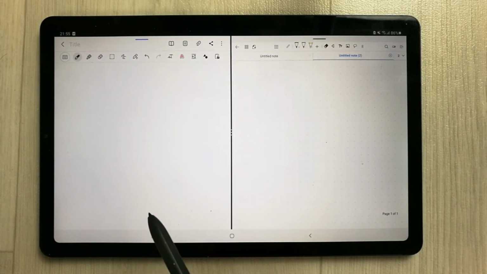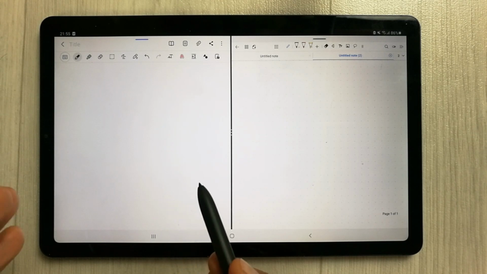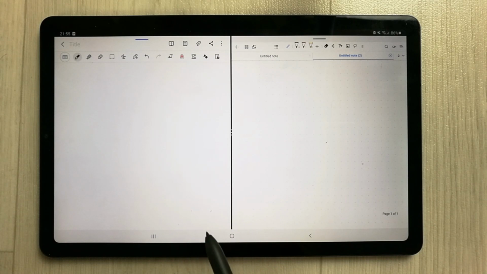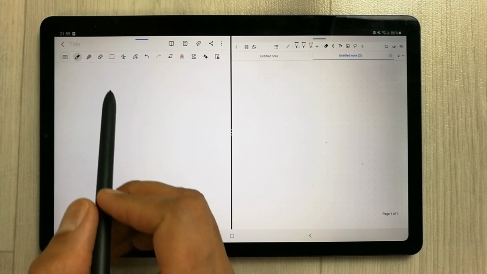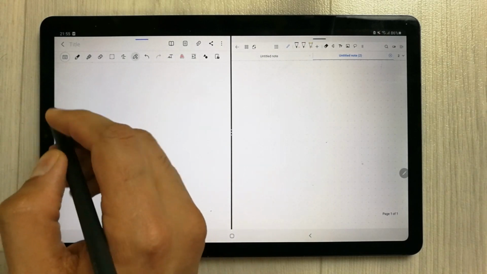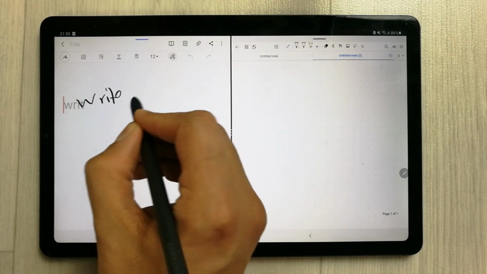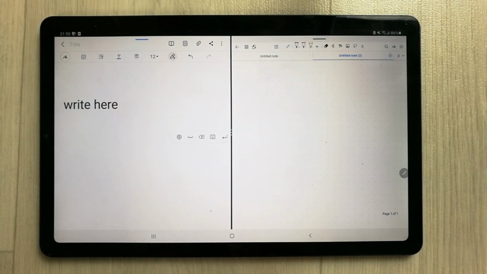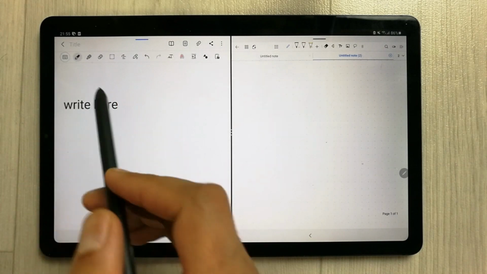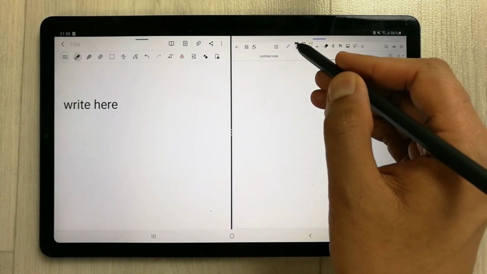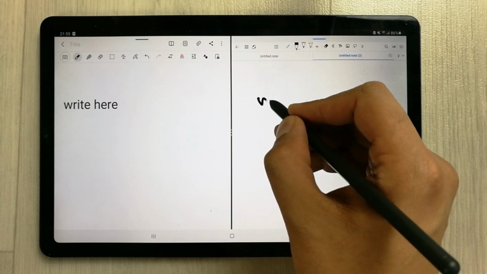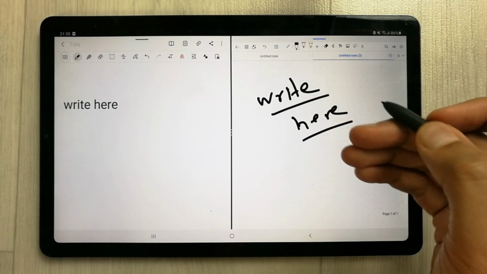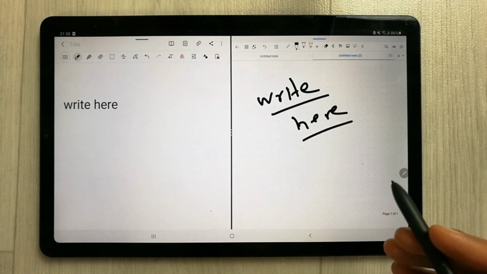In the first part, we will discuss the features that Samsung Notes has and Flexil doesn't. The first feature is the handwriting to text tool. You can see over here, whatever I write with my S Pen will convert into text automatically. I just have to enable that tool. But in Flexil there is no such option. If I write anything here, it will not convert into text form. There is no such option available in Flexil.